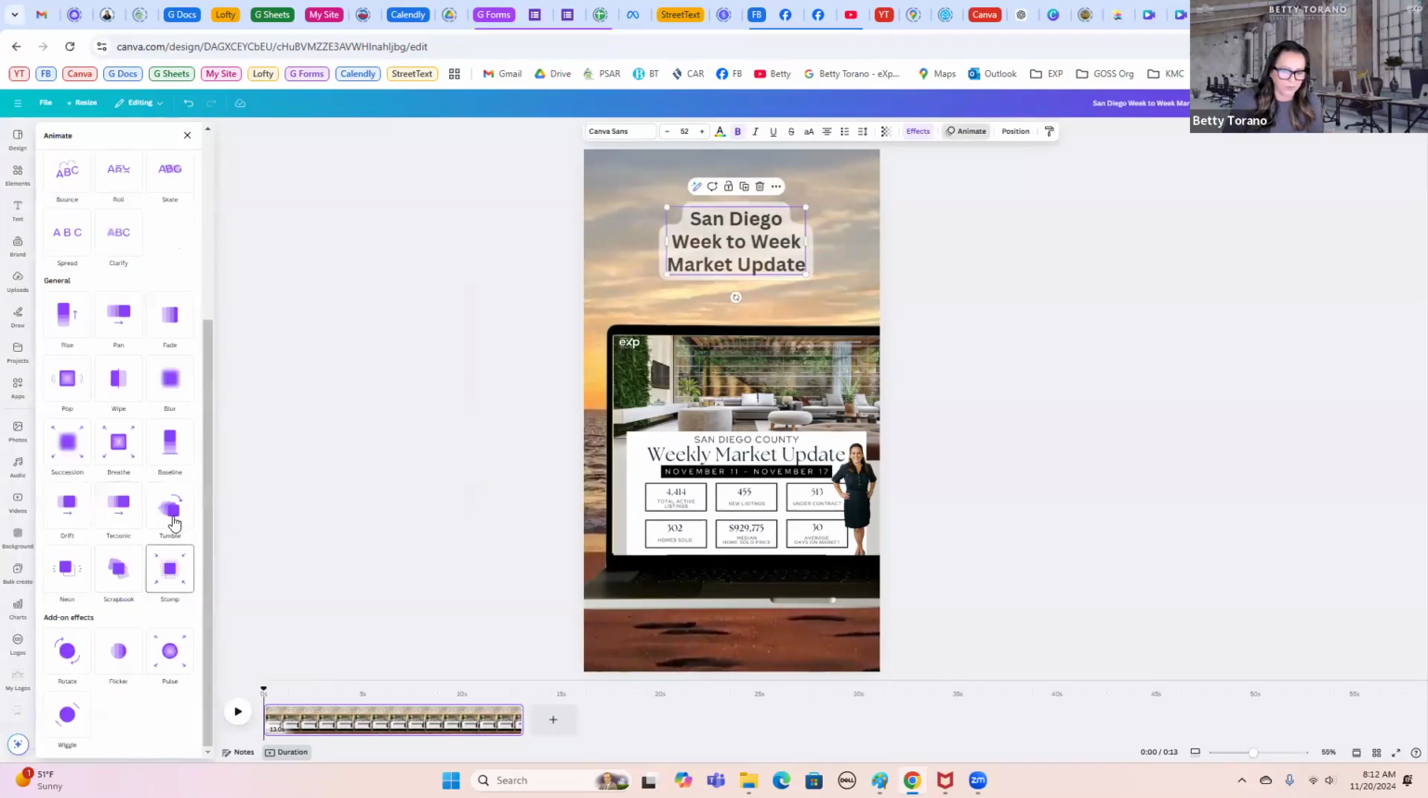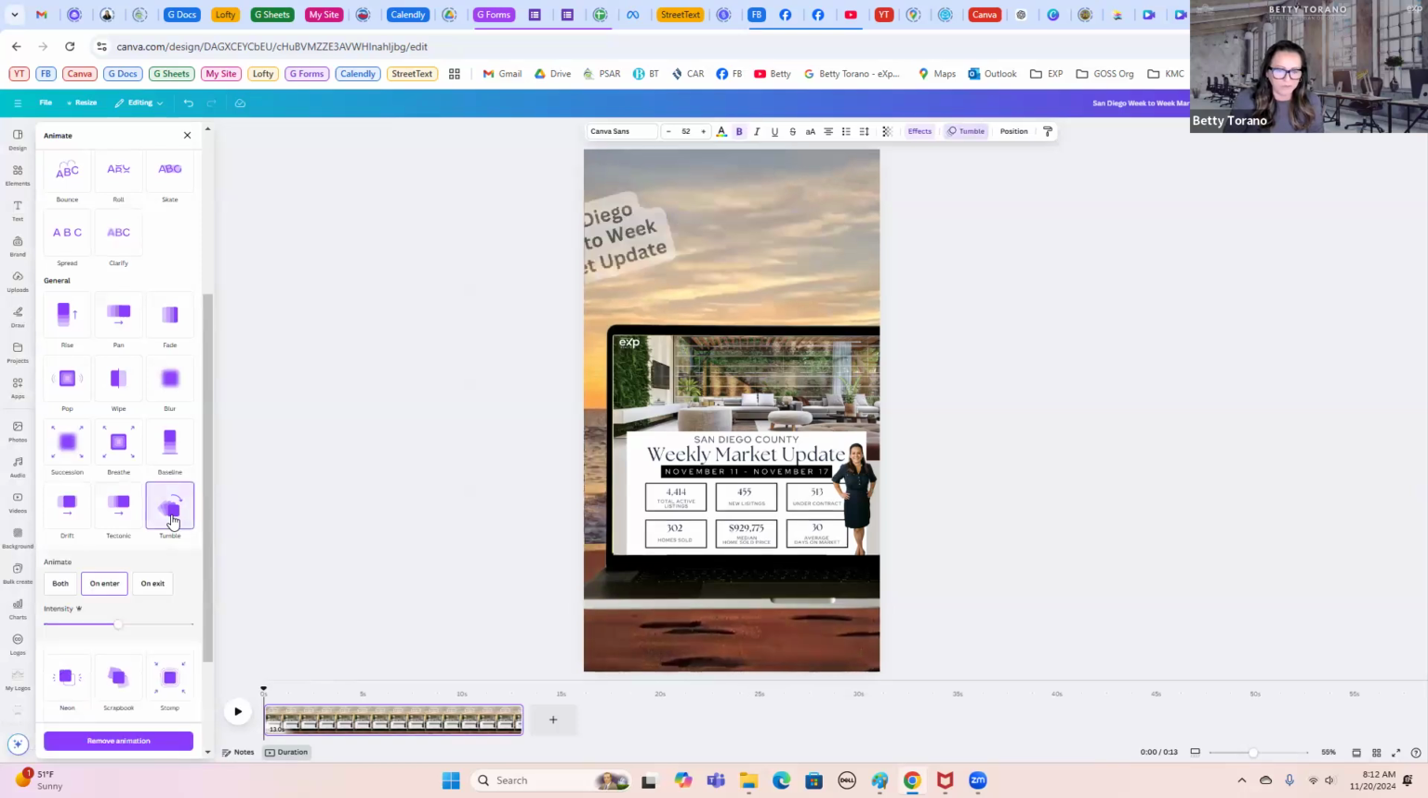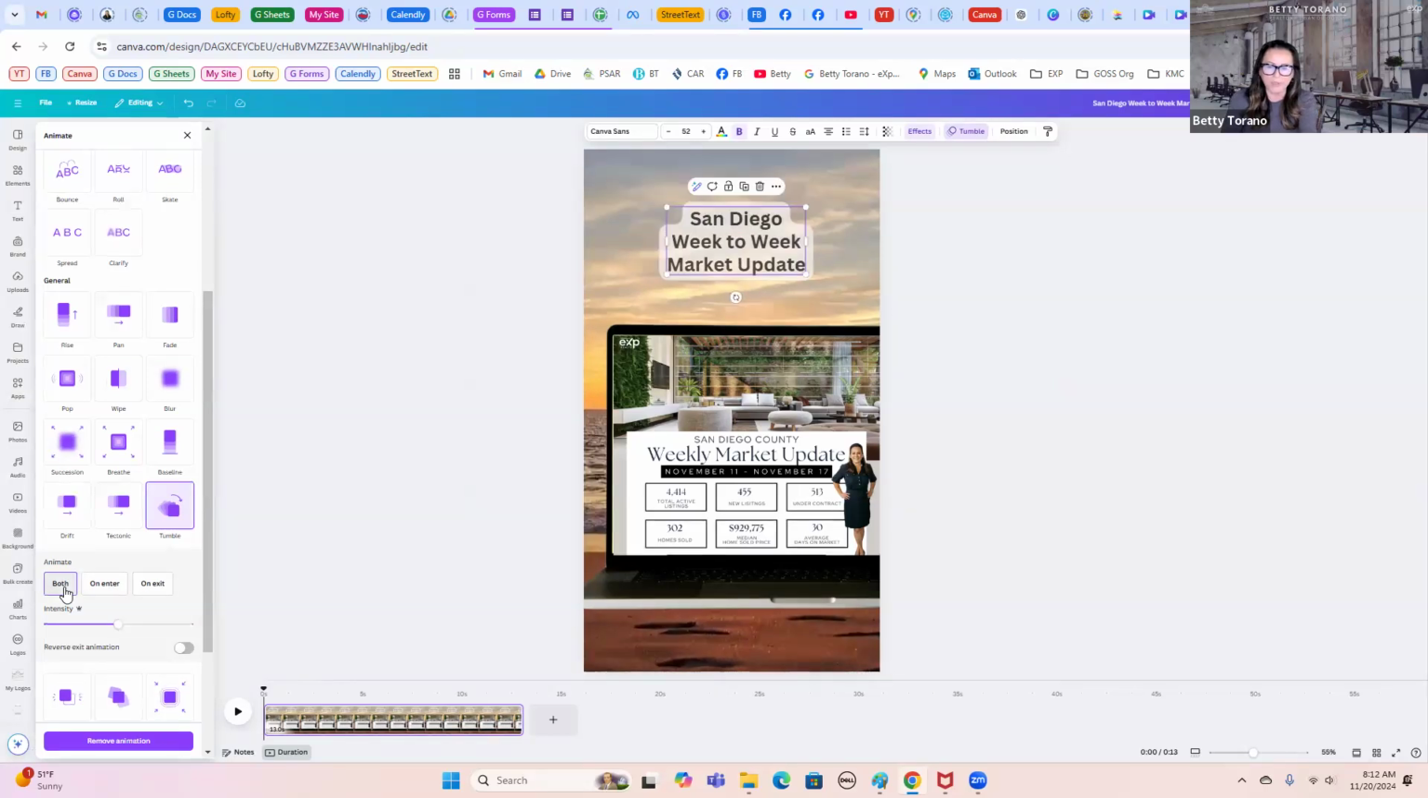For instance, you could do this one, one of my favorites, tumble. Okay, you could bring it in. So when you start the video and you make it animated and make it tumble, here you have an option. You could animate it only when it comes in, then when you move to the next thing, it will go out. But if you wanted it to come in, animate, and stay on the video until the end, you've got to go,